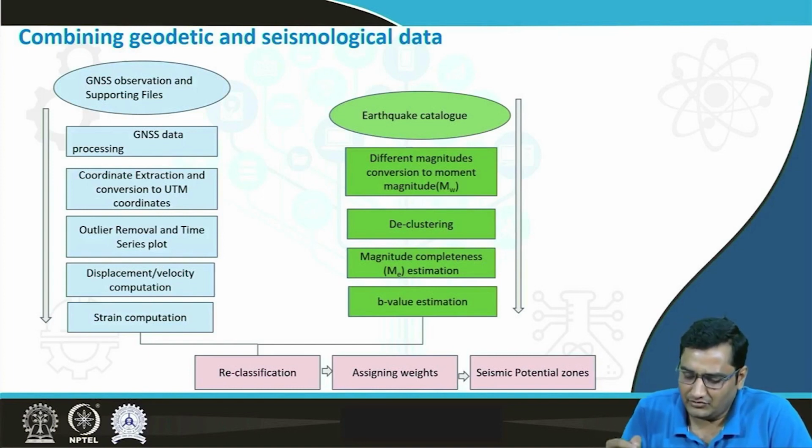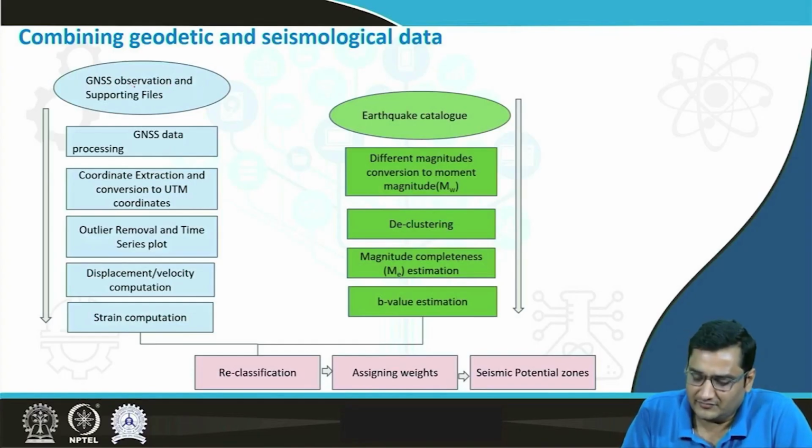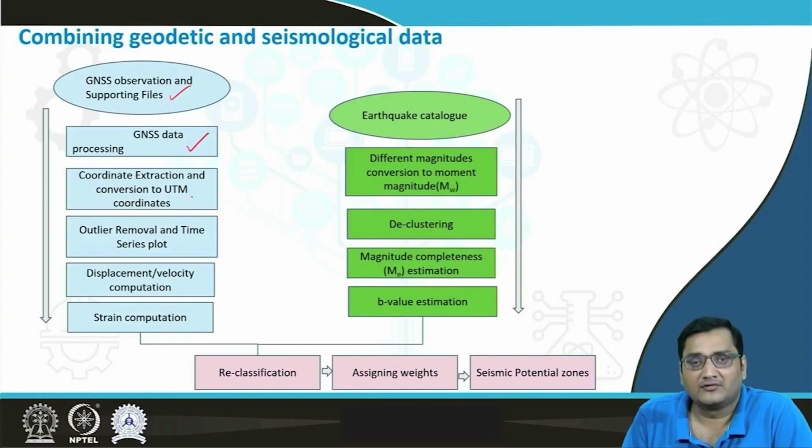First, for the GNSS observations, that means the geodetic data, we first have the GNSS observation and the supporting files, then we perform the processing of those data, then we extract the coordinates and convert those coordinates to the universal transverse Mercator coordinates, and then we remove the outliers, and then we plot the time series, and then we have the displacement and the velocity computation, and then the